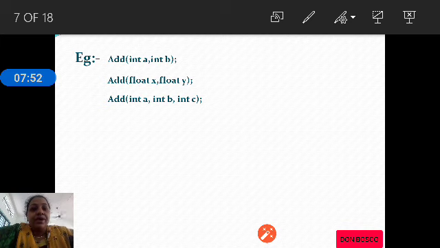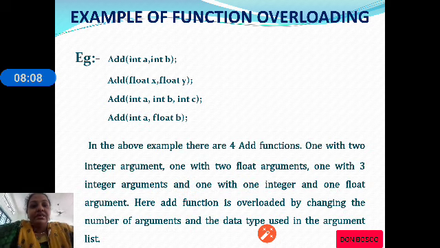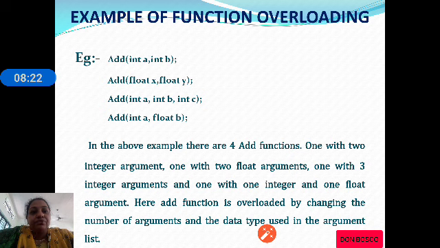This is the way we can overload any function. Either we can change the argument list or the data type used in the argument list. So now we can see another function, that is add, the fourth function, int a, float b. That means in the first function we have used both integers, in the second function both floats. Now in the fourth function I am using one int and one float, and in the third function we are using three